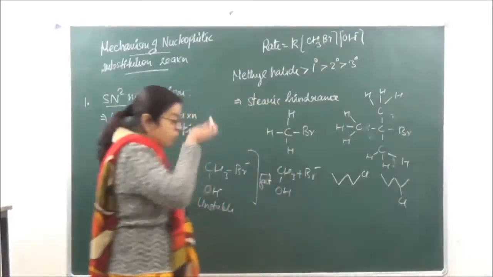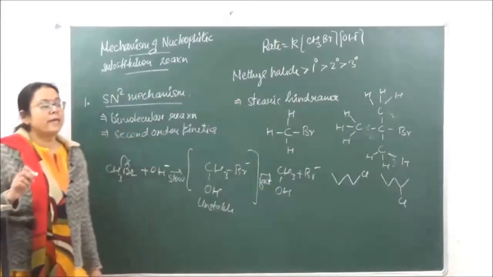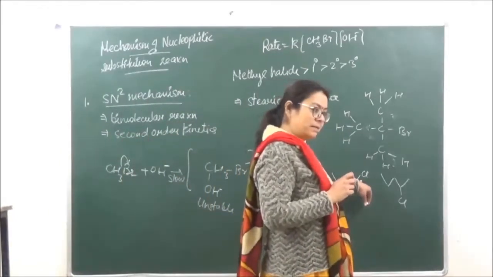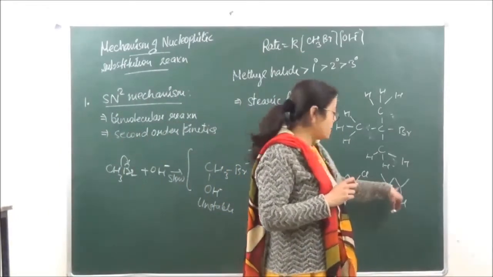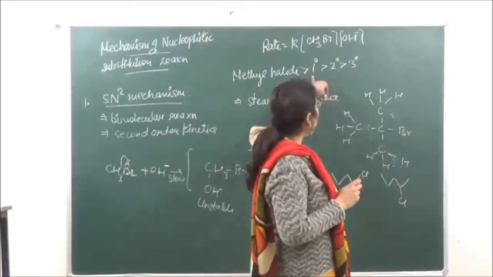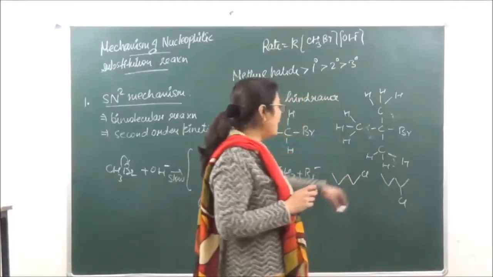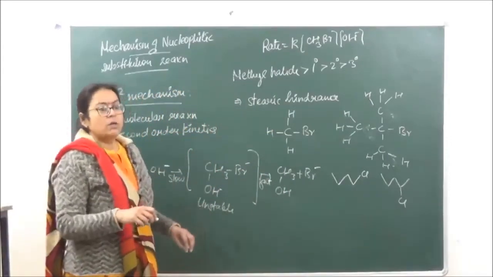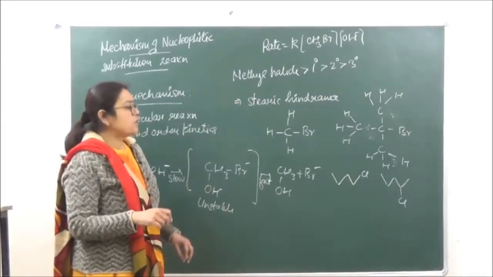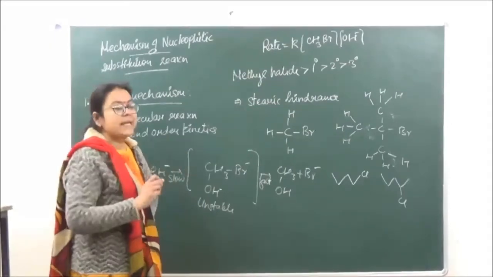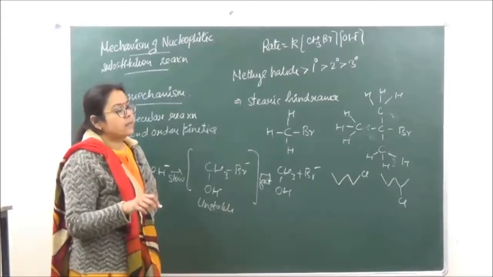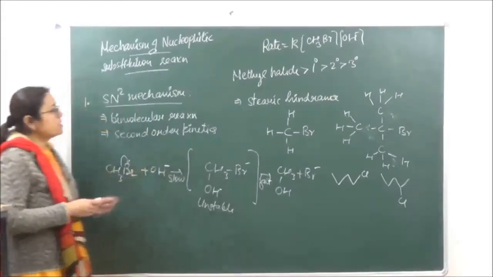So they will ask you which of the following will undergo SN2 mechanism faster. In this case, this is going to be the primary, 1 degree, and this is 2 degree. So according to the trend over here, 1 degree is going to go into SN2 mechanism faster than the second. This is the type of question which you generally get in your examination. Okay, so this is the first mechanism.